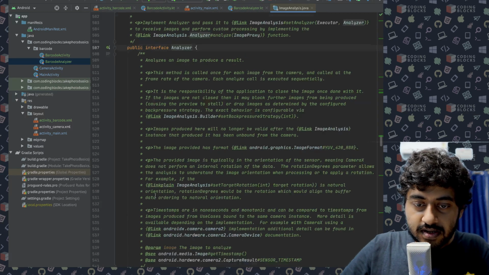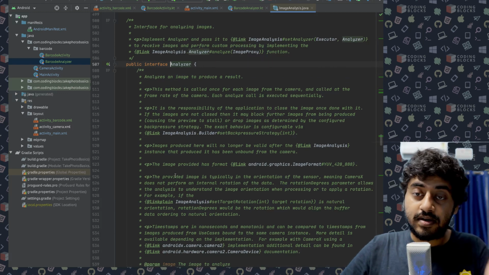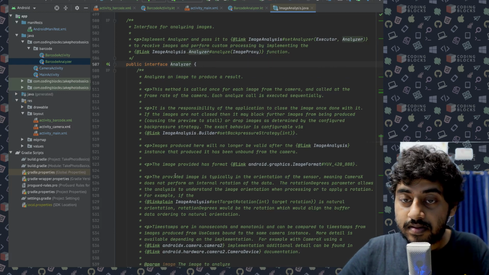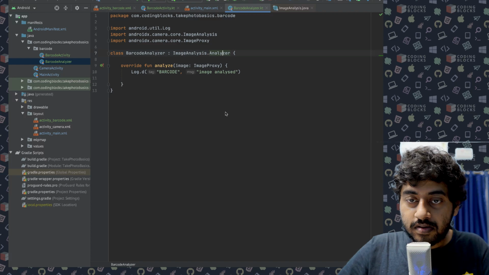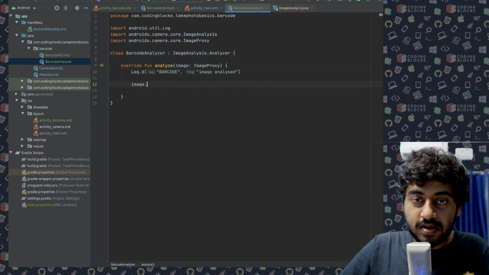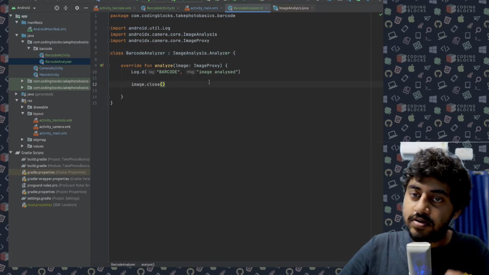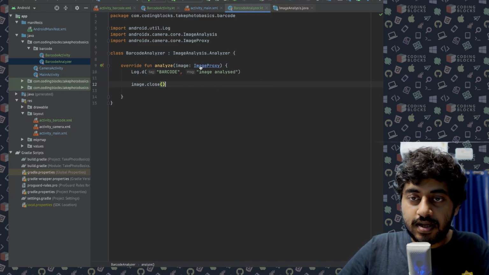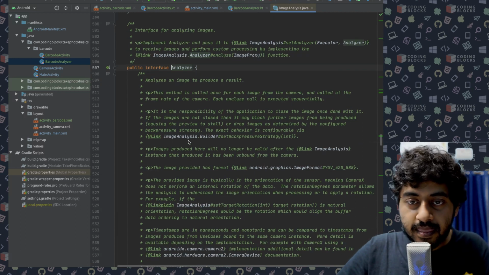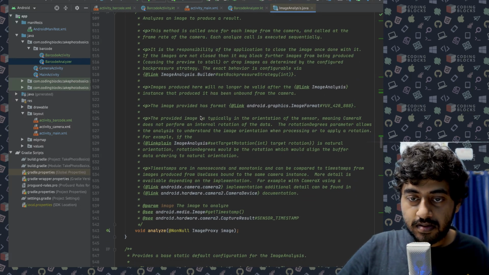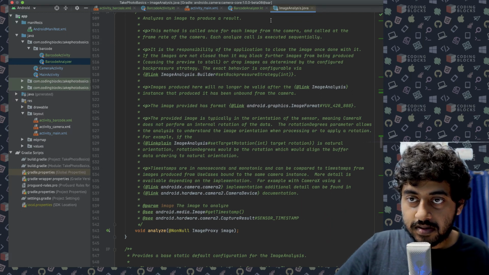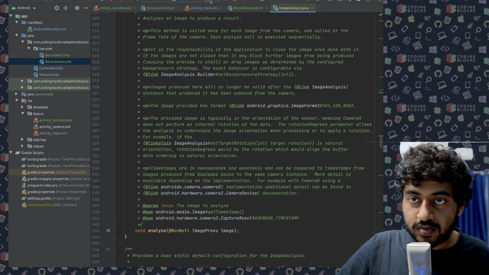So analyzer interface contains only an analyze function. So I'll do an image dot close. So image dot close. Okay, so I'll close the image. Anything else that I need to do so that I get another analysis? Let's see. Let me just run it once more.